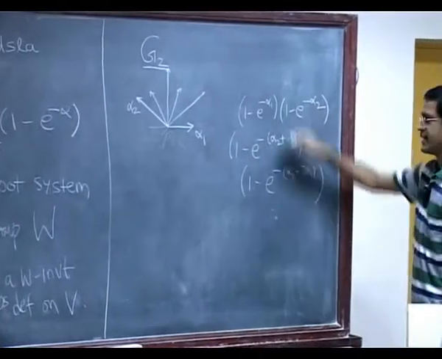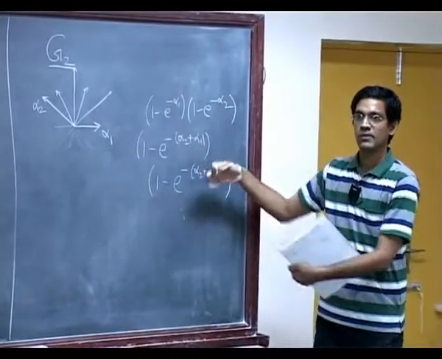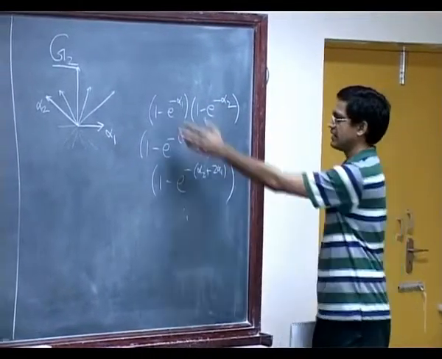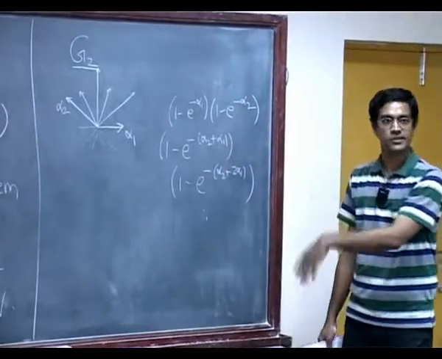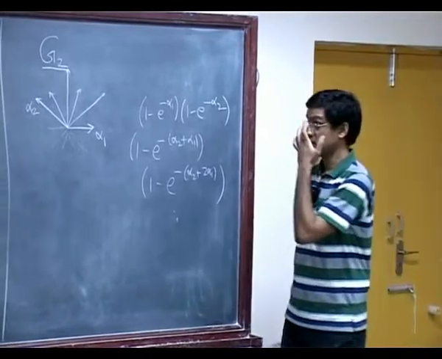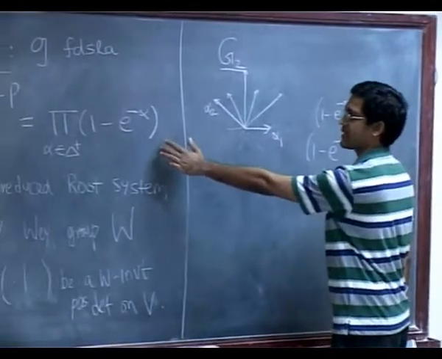So, essentially you get the idea, there are 6 terms and I just need to multiply all these formal exponentials out and I will finally get some expression involving e to the minus alpha 1 and e to the minus alpha 2. It's a finite sum of products of those things. So, that is the product side, the right hand side.